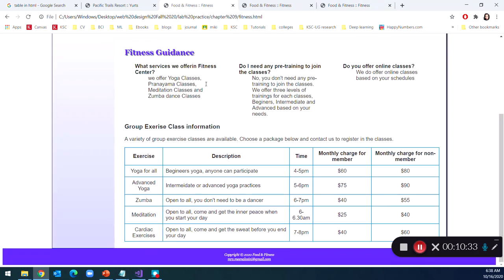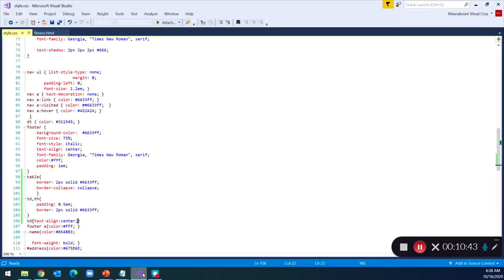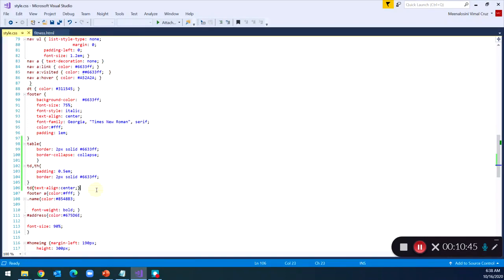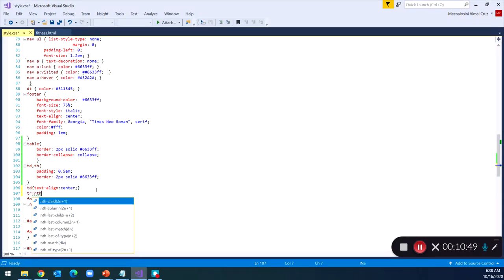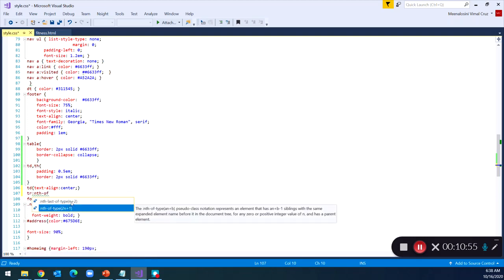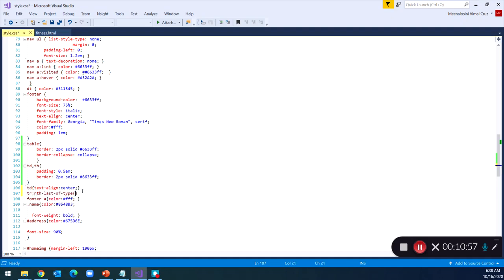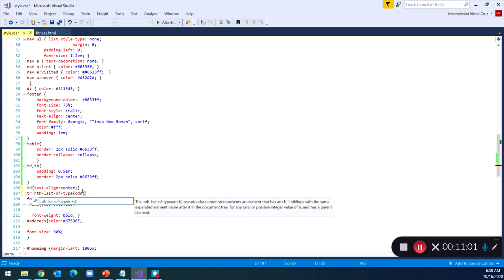So the last thing that we are going to do is adding some colors. Okay, so we can see that all odd number of rows is going to have some color values. Okay, so let's do that. We are going to use a pseudo class for that, the nth of type, so you can simply say odd,